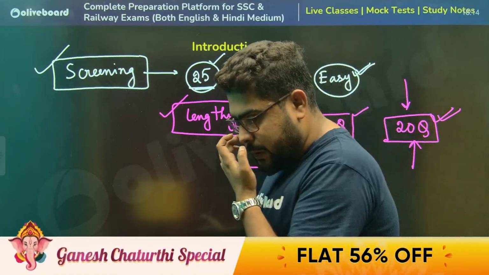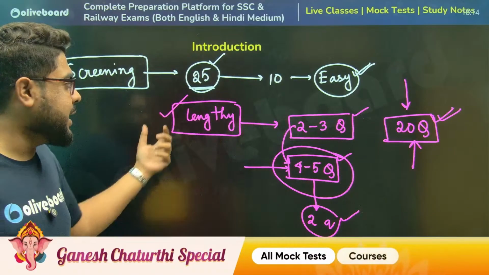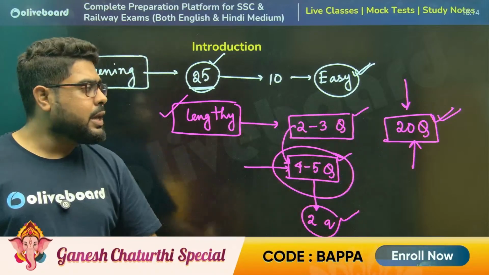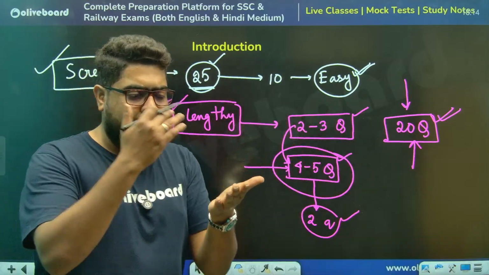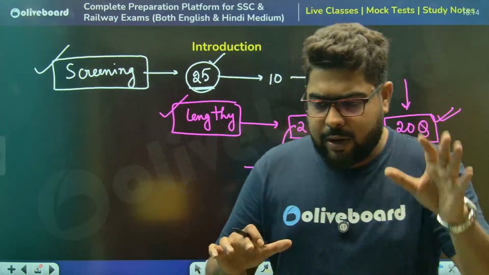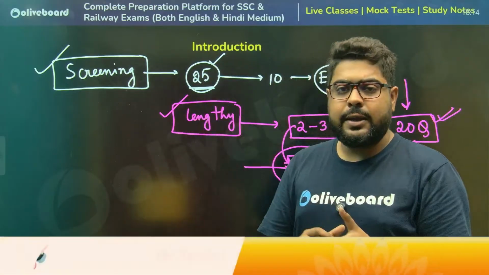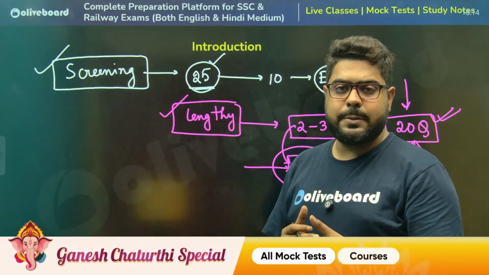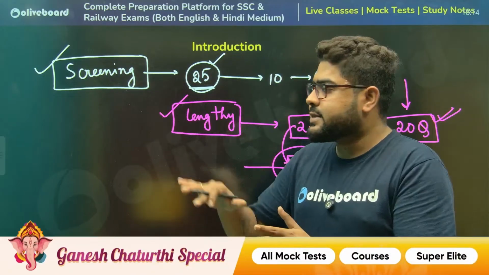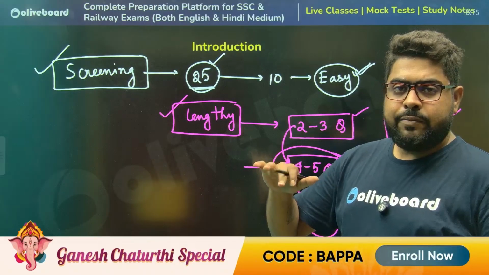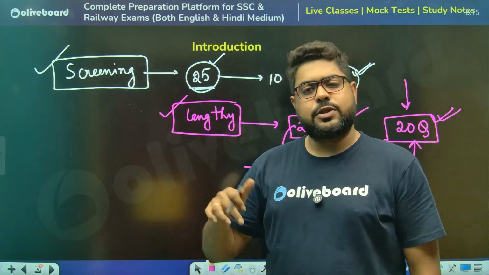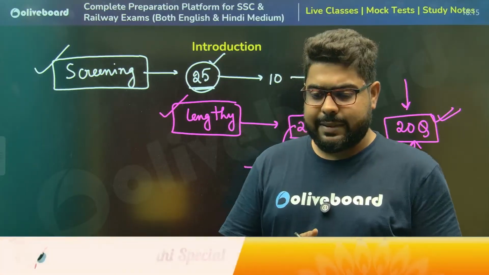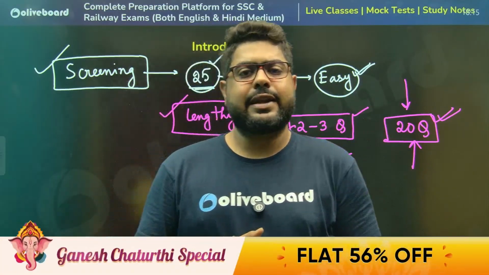Now, again, what I'll ask you, please try this particular strategy in a couple of mocks. It may be a live mock, it may be a normal mock, anywhere, and see if you have some improvement. If on an average you are scoring 140, see whether using this strategy you can have a 5 mark jump, 10 mark jump. If yes, that means this is a better strategy for you. And if not, then also get in touch with me. We can discuss and devise a better strategy which is specifically designed for you.